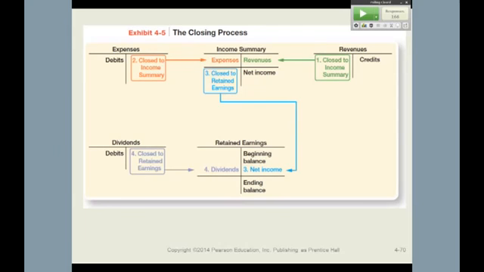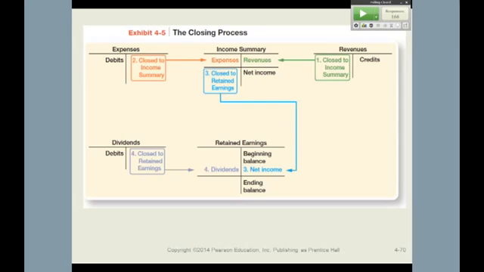Any questions before we take a look at another example, or at least the illustration from the travel agent? And then, of course, just to let you know, on the slides, that's the closing process from the textbook as well. Now, they do give you an example. I'm sorry. Yes? Yes. I'm going to do that right now.